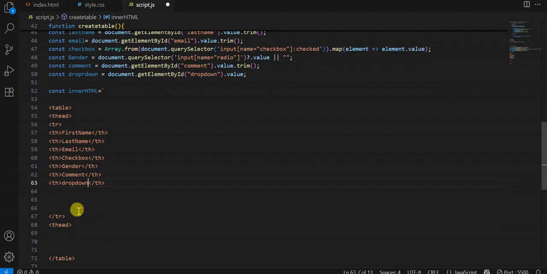Okay, I create a table head. Next I have to create the table body. So I use t body and close the tag, and inside